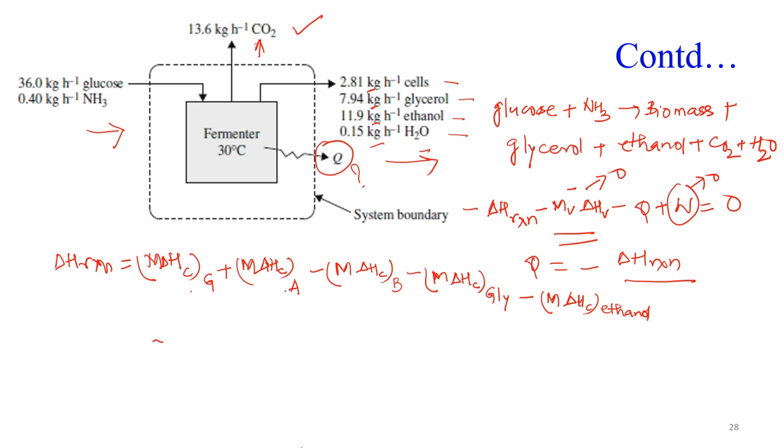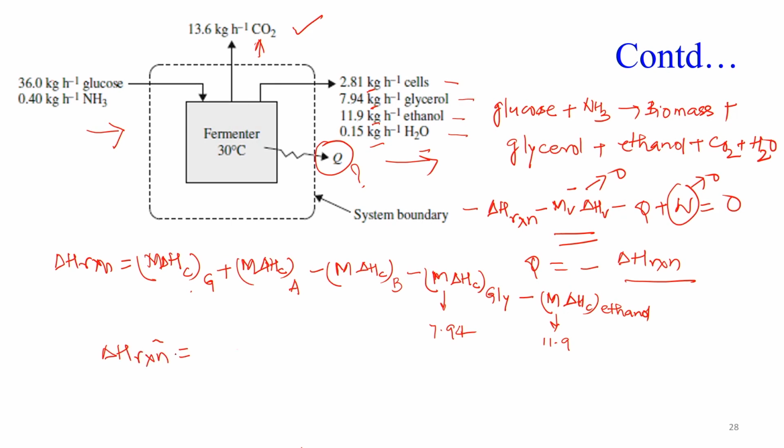Similarly, mass of ammonia 0.4 kg into heat of combustion of ammonia, minus biomass 2.81 into heat of combustion of cells, then glycerol minus 7.94 into heat of combustion of glycerol, and ethanol 11.9 kg. So, if you apply this, we will end up with delta H